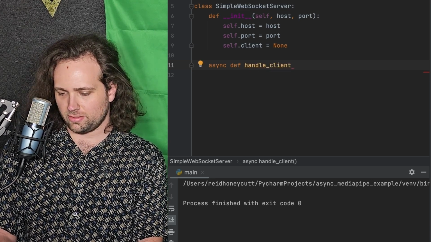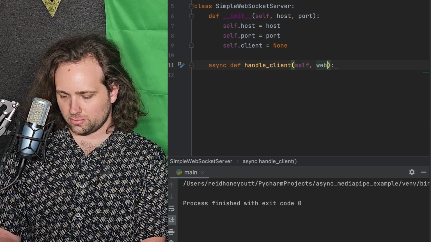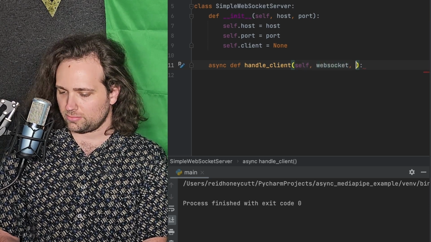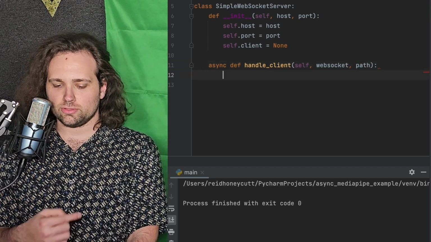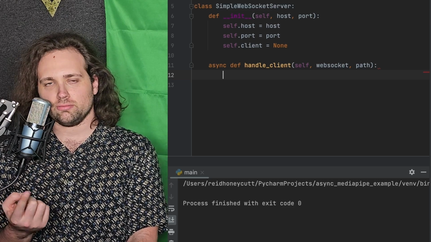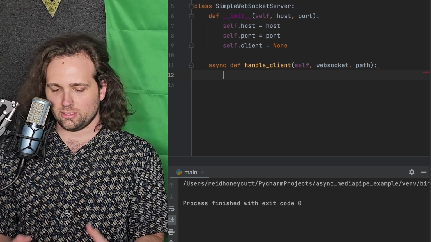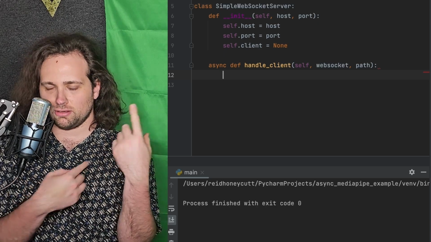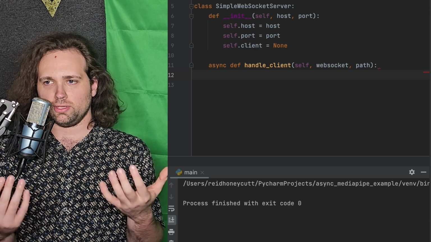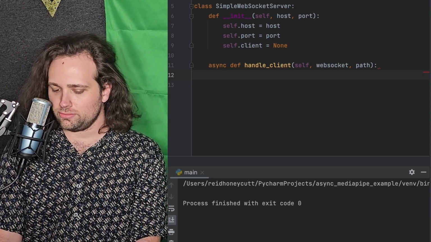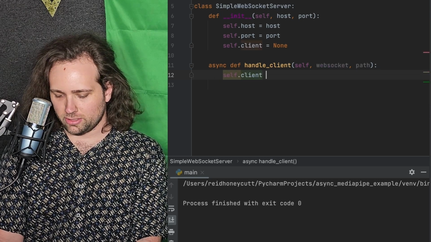Have this take as parameters WebSocket and a path. So first we're going to set the client equal to the value of the WebSocket, which is going to be a thing that continues receiving messages, receiving messages that it's also then going to try to send at the rate that's appropriate for how quickly it's receiving them. So set self.client equal to WebSocket,